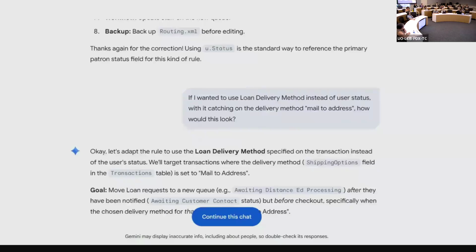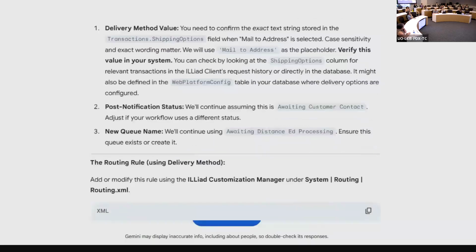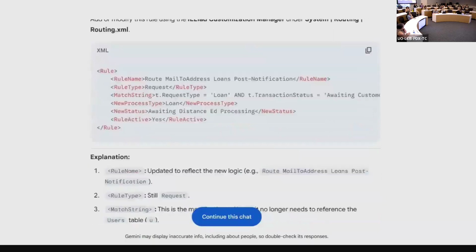Now, as you're going, you think, well, maybe I want to try something else. Maybe I should use the loan delivery method instead of the user status. Have it catch on mailed address. How would that look? And they provide that as a potential option.